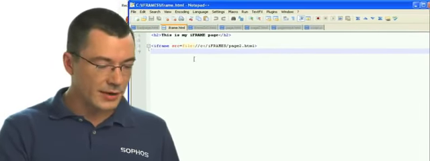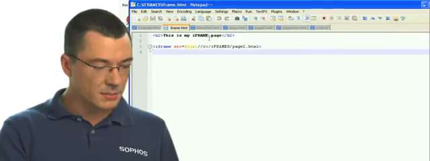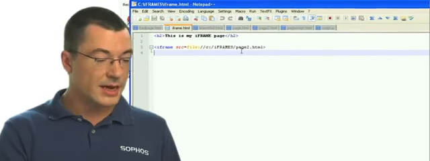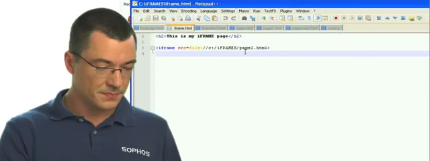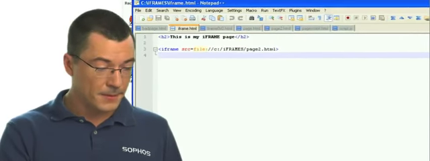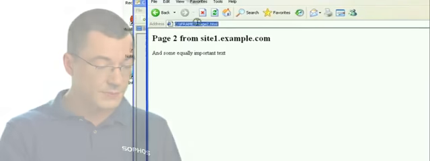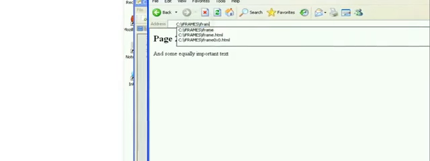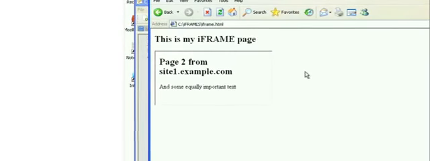Here I've built an example of an iFrame page. You can see that I took the page 2 that we linked to previously and embedded that inside the first page. In reality, we're loading two different web pages and displaying them as one. These could even be on two different web servers. When we go back to Internet Explorer and we browse to that page,